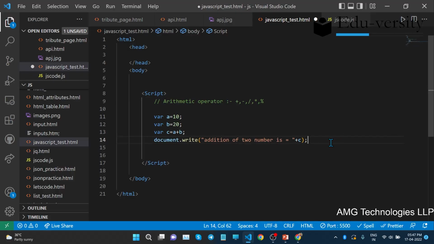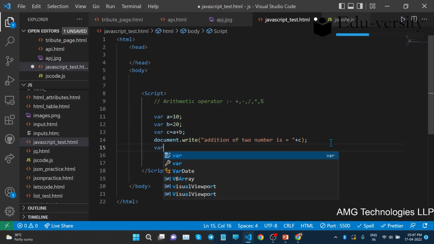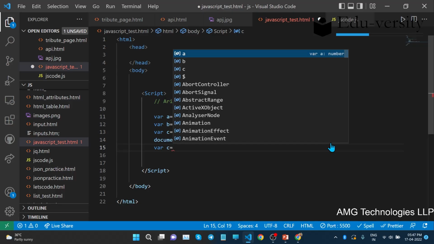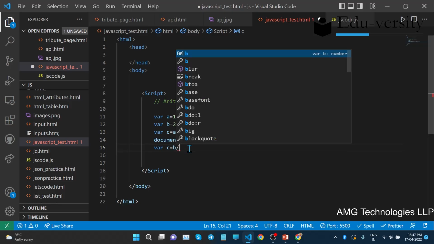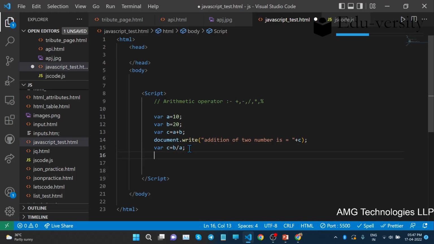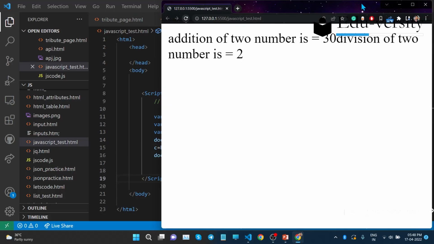Let's say if I divide, we'll write var c equals b divided by a. The output will be 2 automatically, because 20 divided by 10 is 2. Let's write, division of two numbers is equals to, plus c. Now we don't have to redefine this variable c with var, we just write this statement. Now the output is division of two numbers